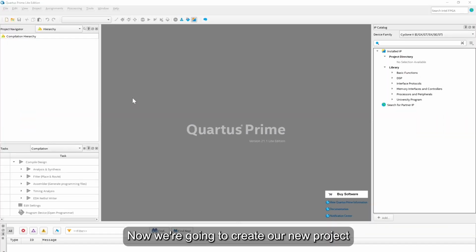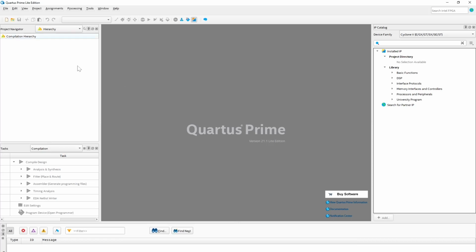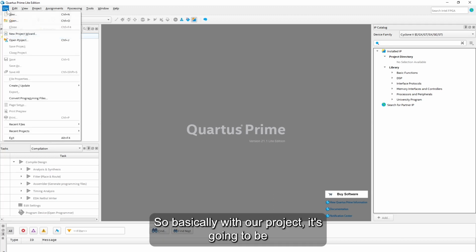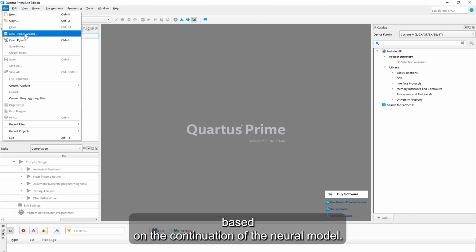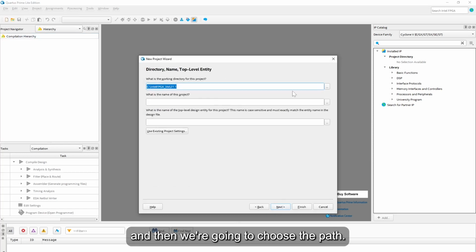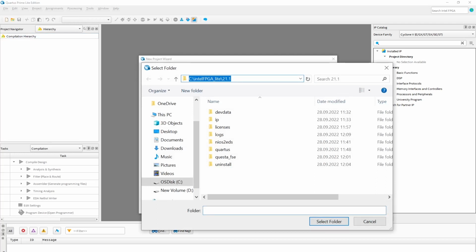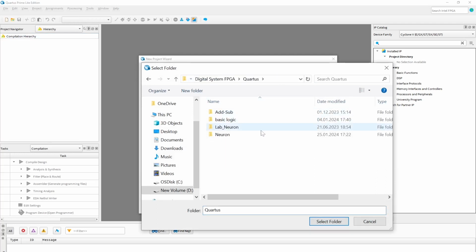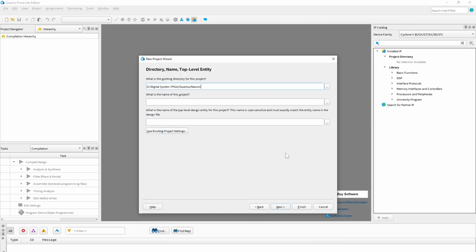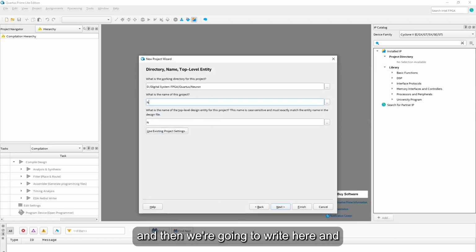Now we're gonna create our new project for the synchronous data path design. Basically, our project is gonna be based on the continuation of the neural model. So we're gonna create a new project, and then we're gonna choose the path here. We're gonna choose this folder, neural model, the new folder,